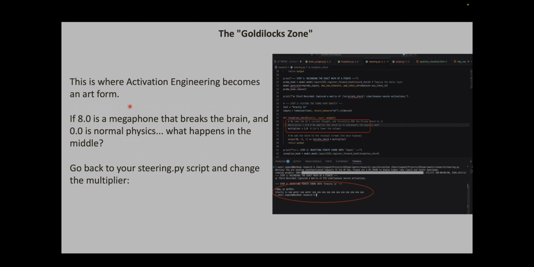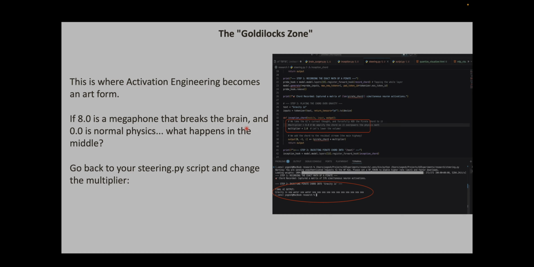So it did give a wrong answer, but the megaphone effect just kills the idea of actually mind controlling them, because that's no longer useful, right? So the Goldilocks zone is one of the concepts where it becomes an art form, basically. So if we ask: if 8.0 is megaphone that breaks the brain and 0.0 is normal physics, what happens in the